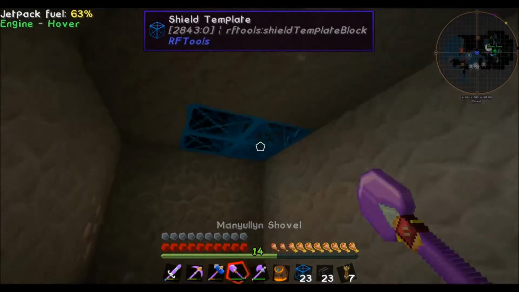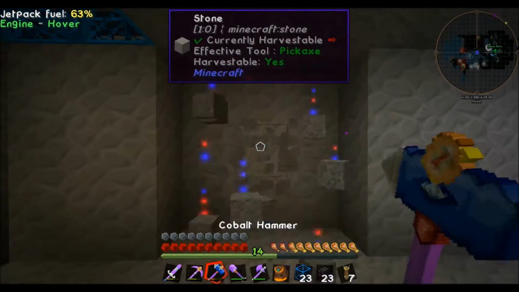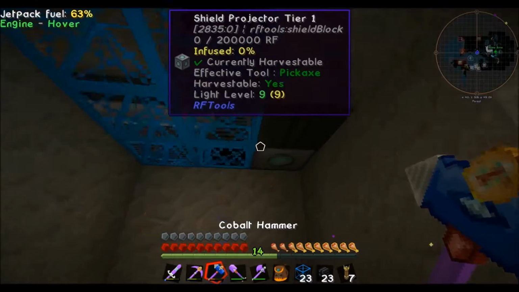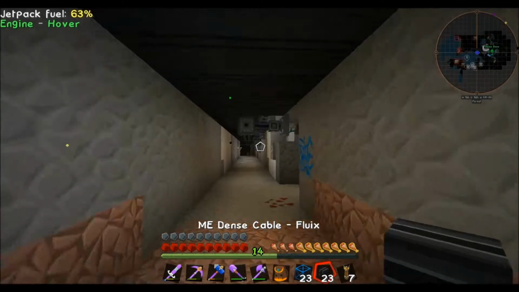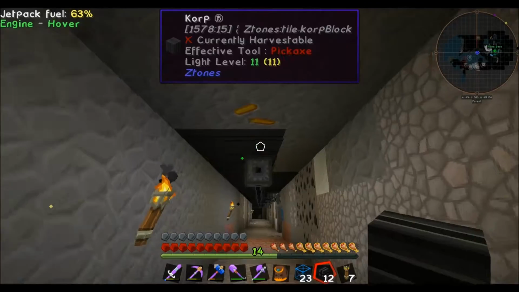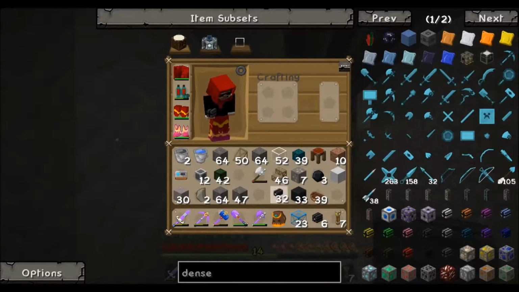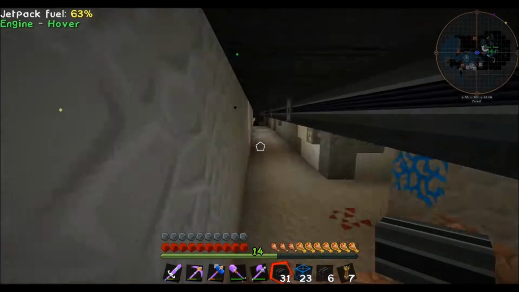Alright, so now we've gone too far because we are underneath our floor. Alright, so now we hit the floor, our shield projector is right there. So we're going to run this dense cable straight down through here. We're going to need 1 smart cable like that,